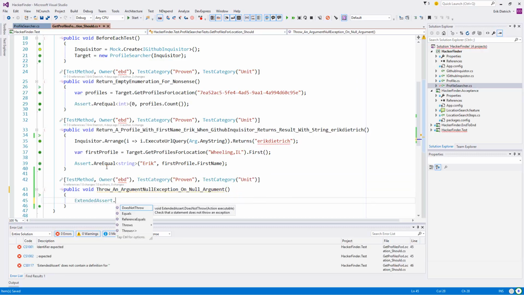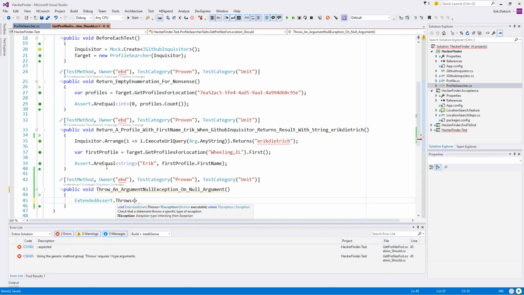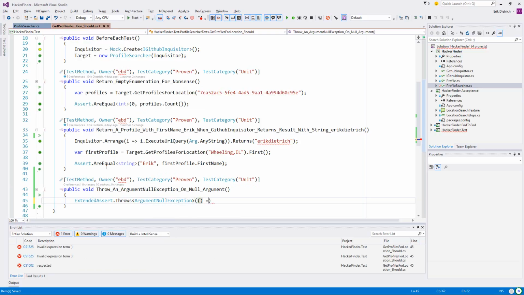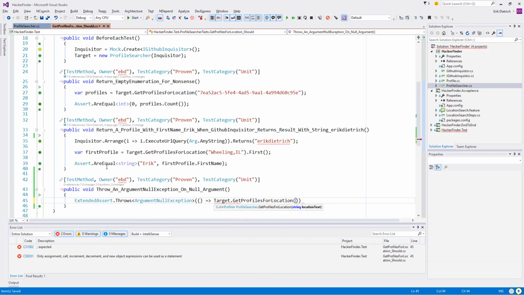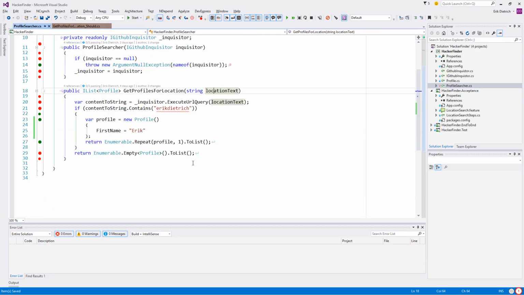And call my trusty extended assert. My apologies, I'm working here somewhere there's a train, so you might be hearing that train in the background. And we want actually an argument null exception. And that's going to be when we call target.get profiles for location null. And currently it doesn't, so